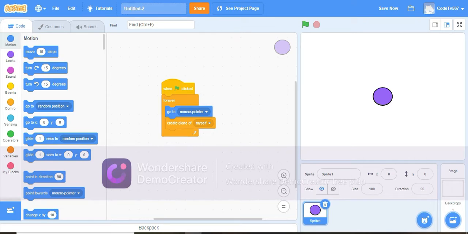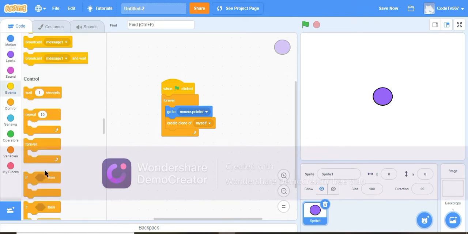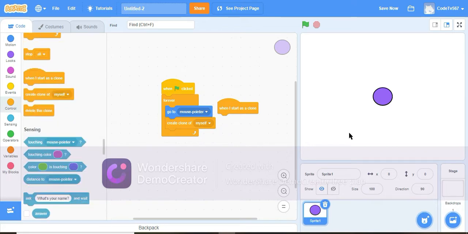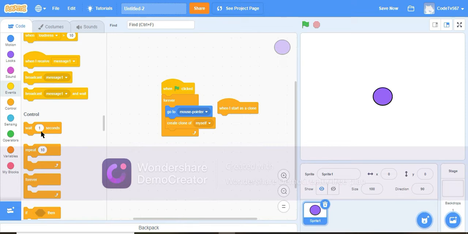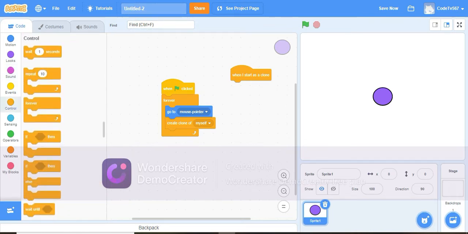So we will do it that way, and now what we will do, we will pick another type of event. It is like an event but it is not fully an event because it is in the control section. The name of the event is when I start as a clone. So when I start as a clone, we have to